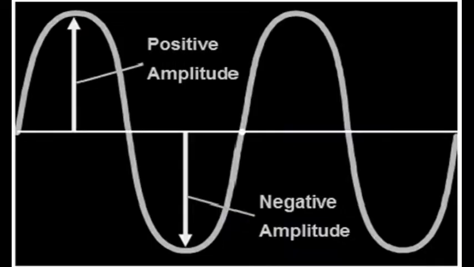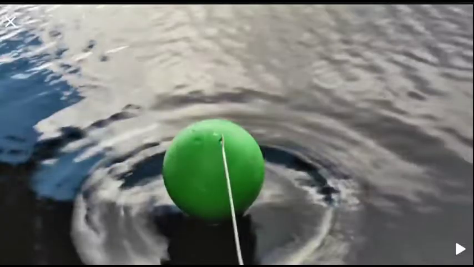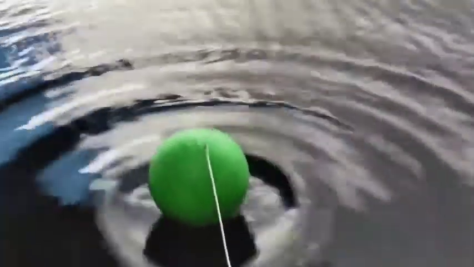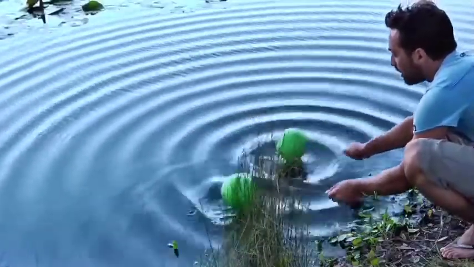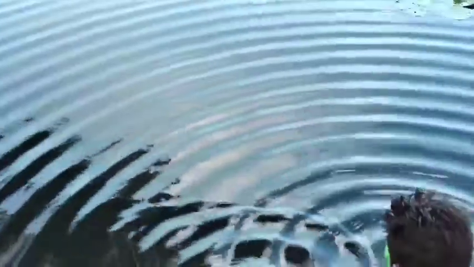Amplitude of a wave measures either the maximum height of the peaks or the depth of the troughs. Now we can see a ripple produced by a single source on water. It produces circular wavefront. If we add another source of wave, we start getting an interesting pattern. This pattern is created by the ripples from the two sources interacting with each other,